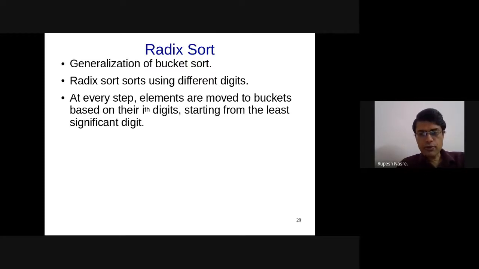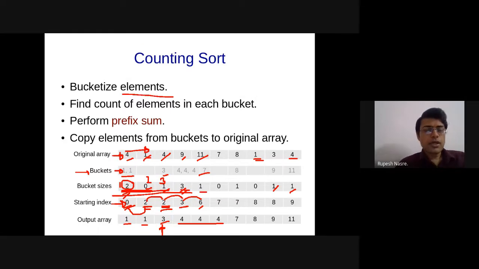Mayank is saying sorted array can also be formed using bucket size. Yes, okay, I'll go back to this. Yes, from the bucket size, you will be able to get the sorted array, right? So that is what we essentially did in our first part, where we did not use prefix sum, right? So from this itself, you will be able to print 1 twice, print 2 0 number of times, print 3 1 number of times, and so on. That is what we did in the previous method.